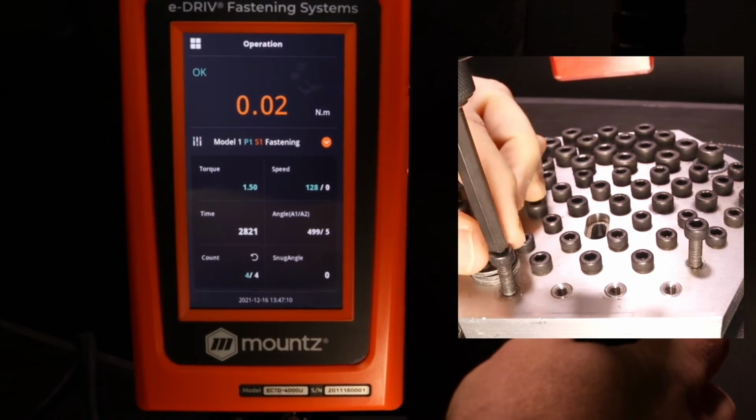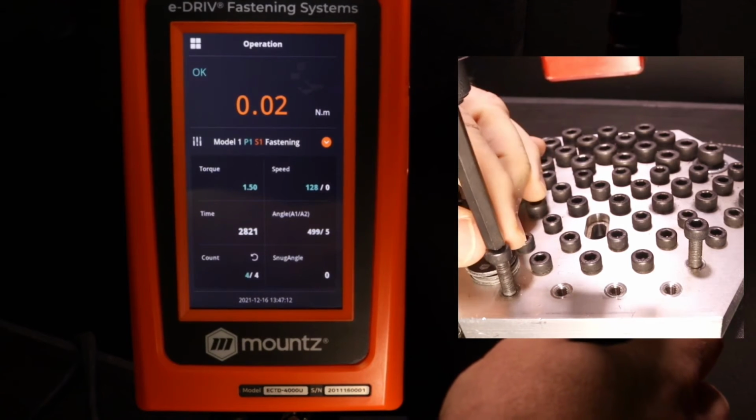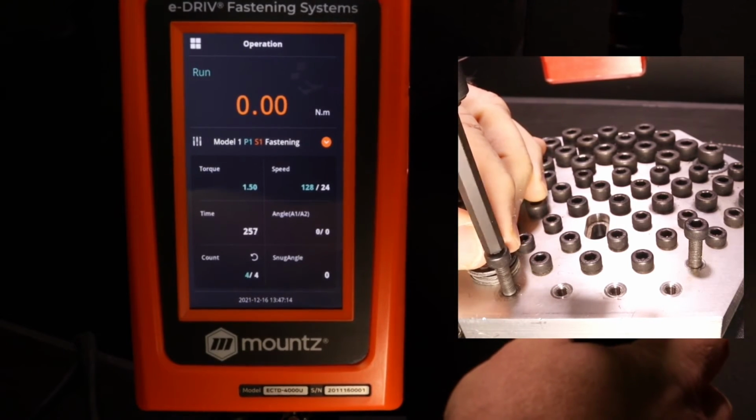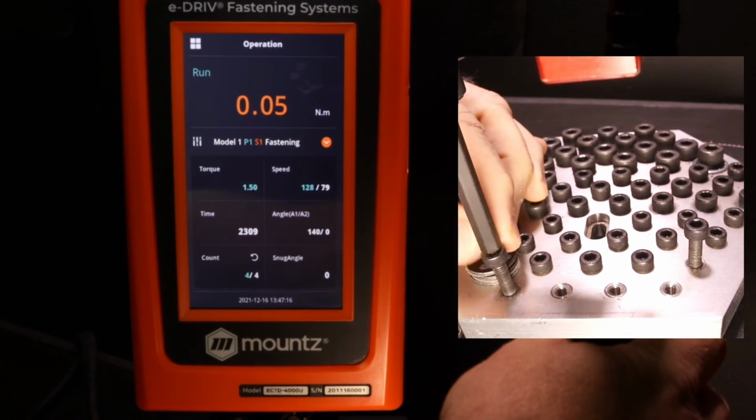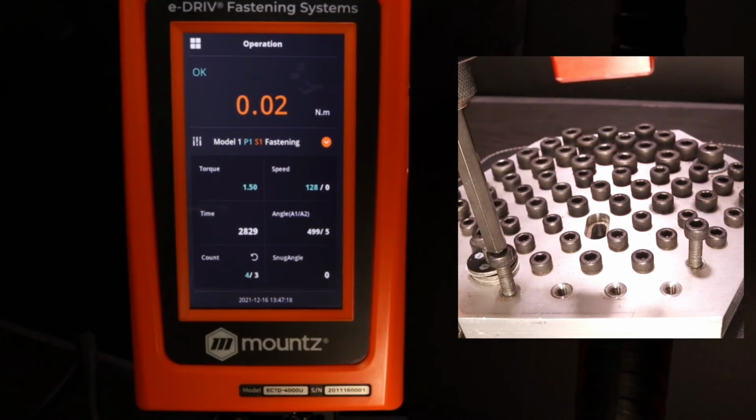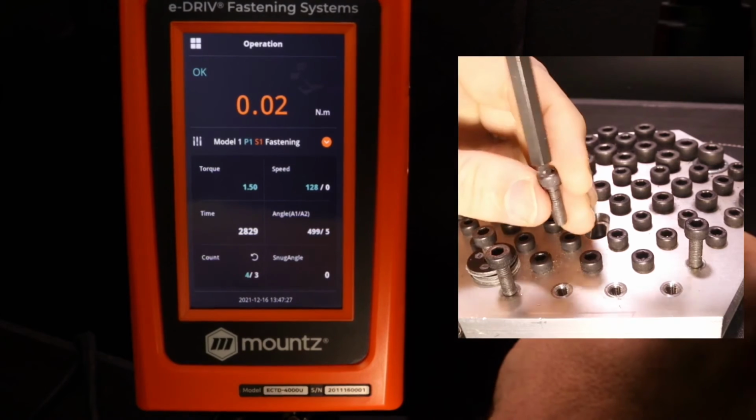so the fastener can find the thread. And if I go ahead and run that, we'll go in reverse. And then we went our 500 degrees of rotation, and the system has stopped. So if we continue on,